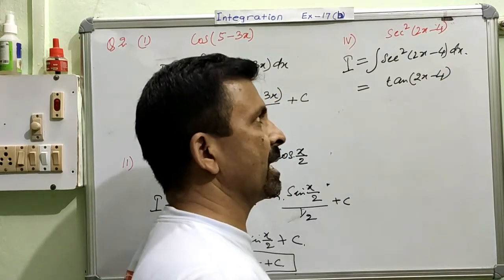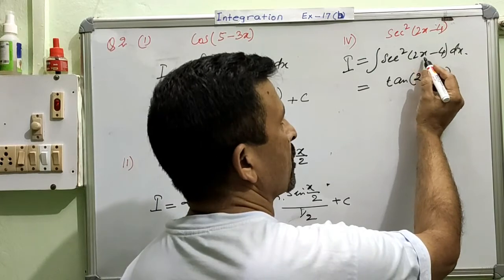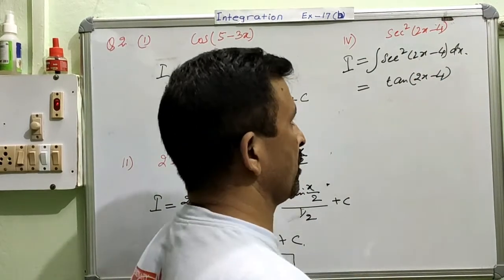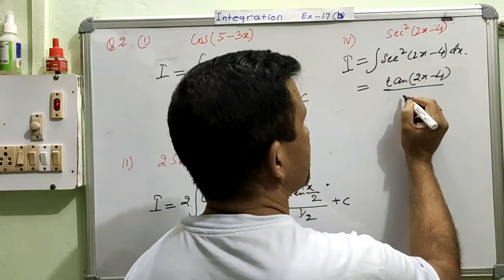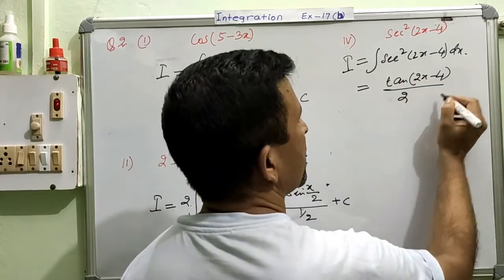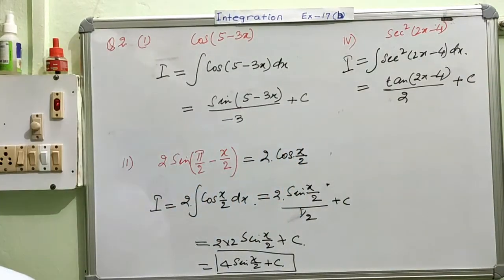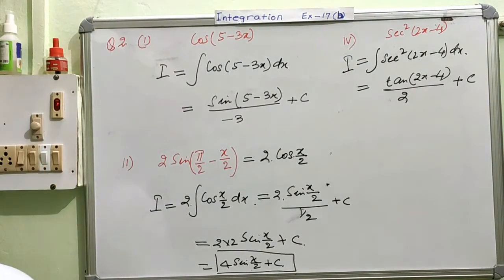We calculated the integration of the trigonometric part. Now for the angle part, we only need to calculate the integration for 2x, because the integration of the constant alone will be 0. So here this comes as only 2, and then plus c. This becomes your answer. Is this very, very clear or not? This was Roman number 4.